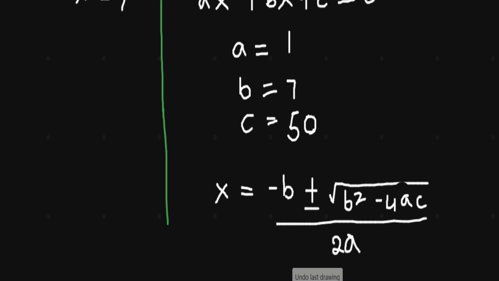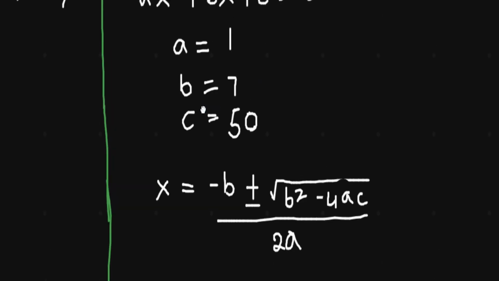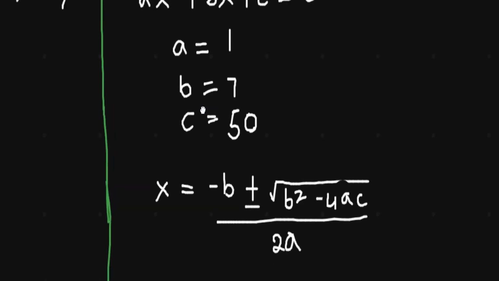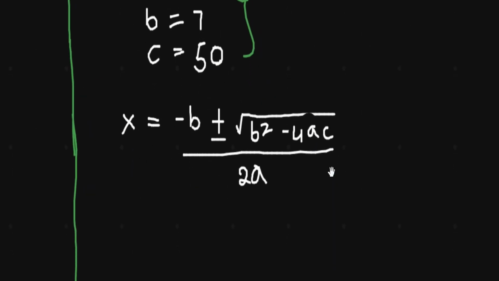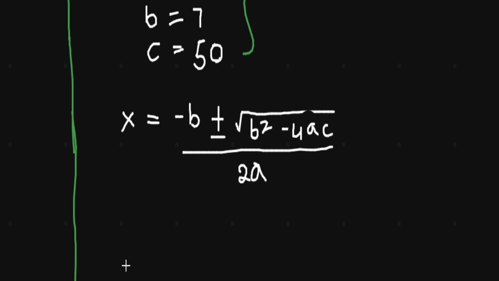So here we need to substitute the values. Here we have a equals 1, b equals 7 and c equals 50. We need to substitute all these three values in this equation to get the values of x, the solutions for x here. So let us substitute the values in this. So here x equals